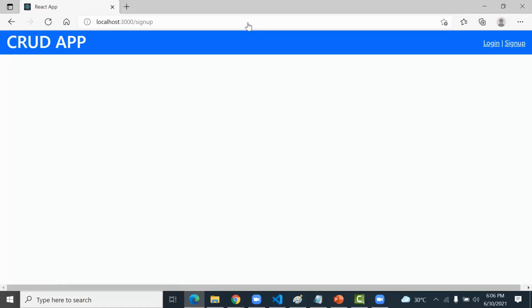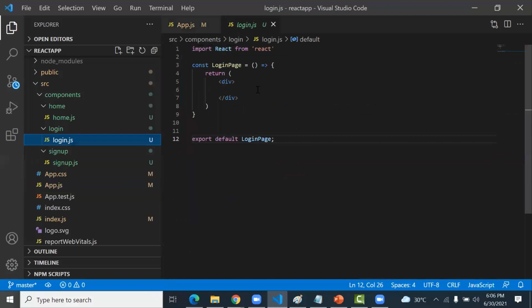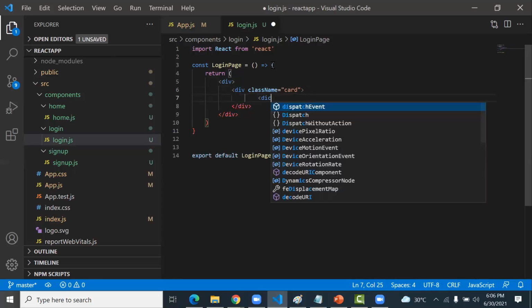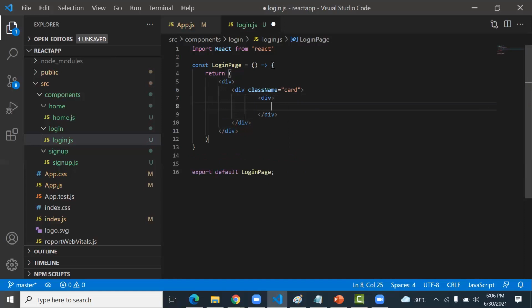Okay, so one thing we'll do, in the login page we just type, let's say, a div with className equal to card, and in that card we create one more div with className equal to card-header, and in the card header I type h1, CRUD app, as a title.